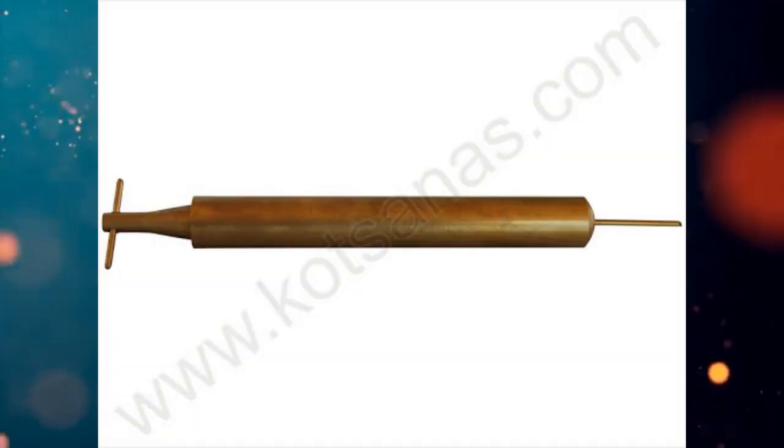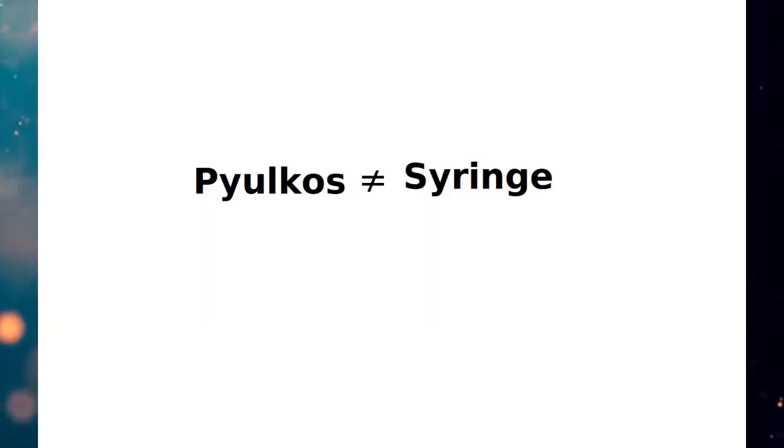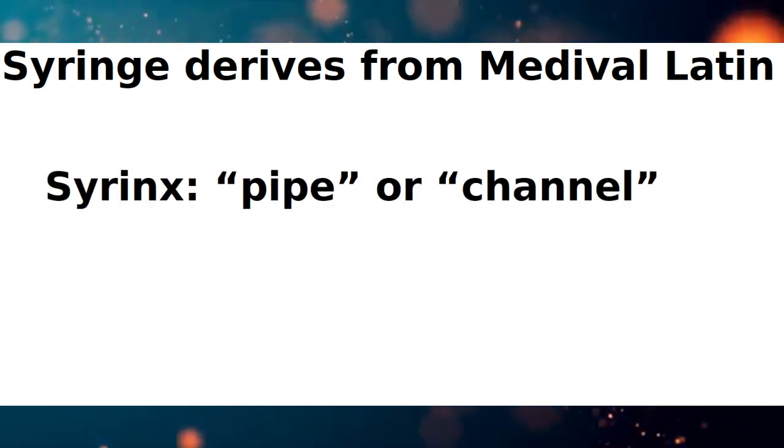They appeared to be made out of brass, and on screen is a simple 3D recreation of what it looked like. Wait, hold on, what's that I hear? You're saying that the word pulcos sounds nothing like the word syringe, and you want to know where the word came from? Well, first of all, that was incredibly rude of you to interrupt me, and I do not appreciate it. Second of all, the name syringe actually derives from an Old English word from medieval Latin, syrinx, which means